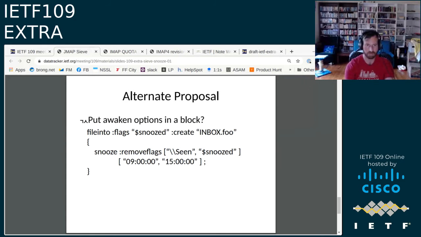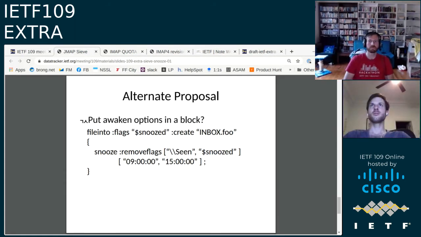Can you remind me why you want flags to be both at the snooze time and then at delivery time? I could let Neil make that argument if he wants to jump in. Otherwise, I'll go ahead. Sure. Is this on? Yes, we can hear you. Great. So basically at delivery time, the flags are set as per any normal stuff, so you might mark read or pin or whatever.